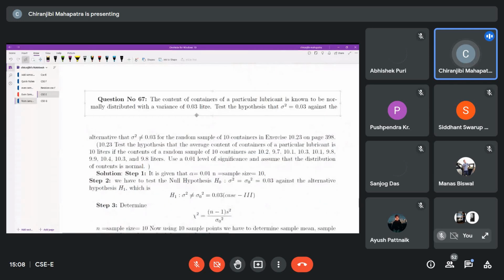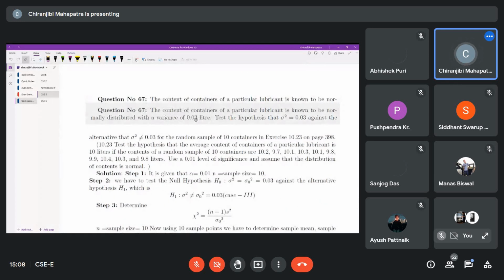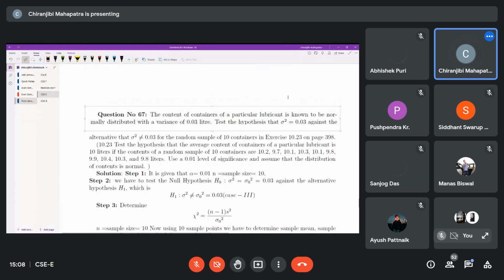So the containers of a particular lubricant is known to be normally distributed with a variance equal to 0.03 liter. Test the hypothesis that sigma square equals 0.03 liter against the alternate hypothesis sigma naught square. So the sample points are given to you as this one. So what you need is the chi square equals (n minus 1) s square